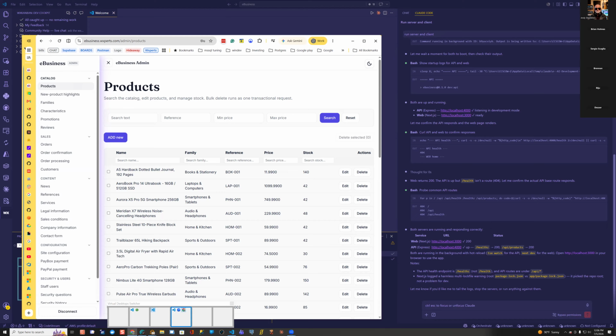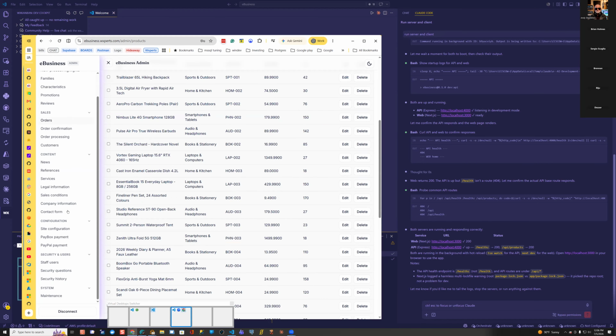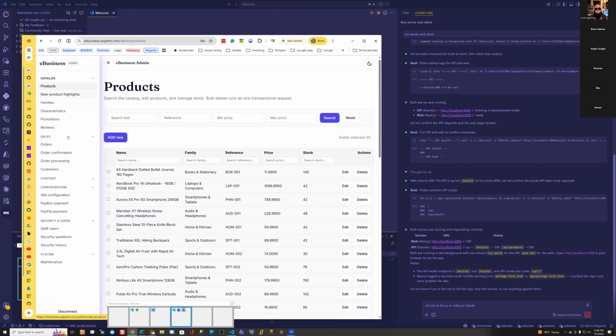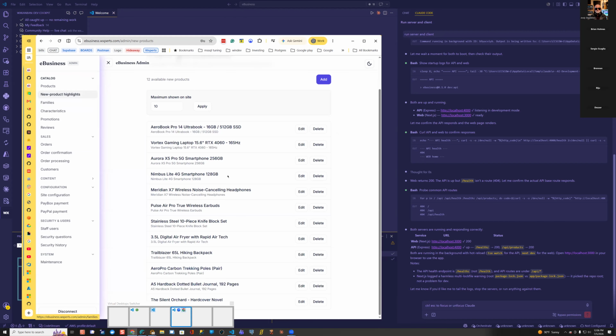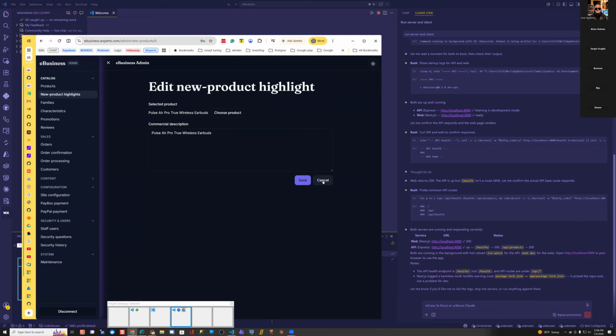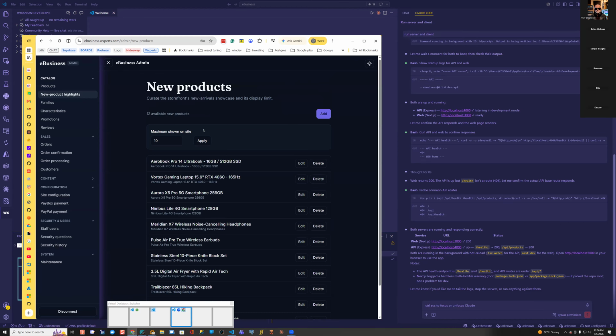I took the menu that was there and had it generated over here on the side to do its thing. You can look at different content and products and new product highlights. And this is actually the website. You can go dark mode if you want to. I've got that, and you can edit one of the pieces where you got that, and you can cancel it. Okay. That's what's currently up there, and that is online at